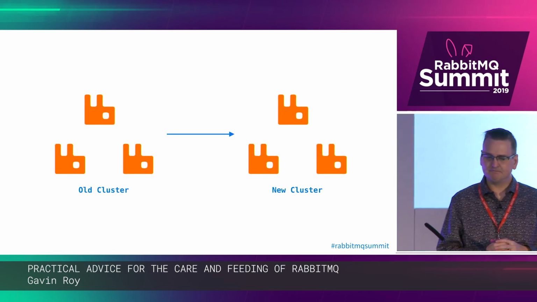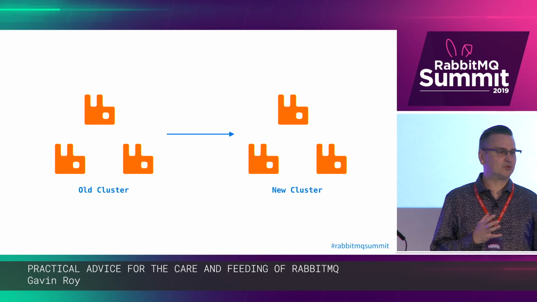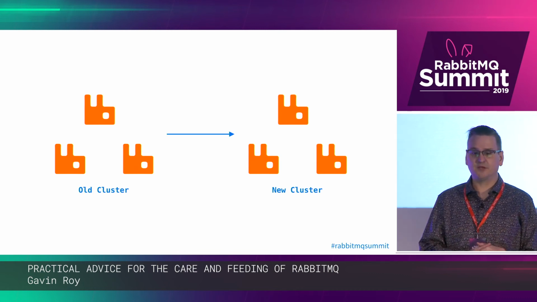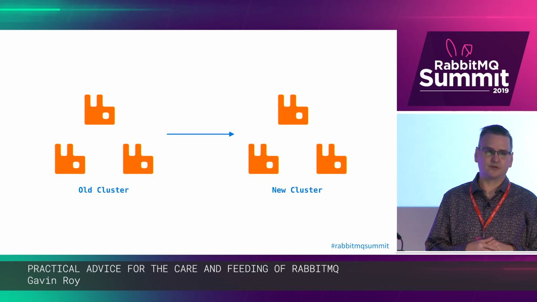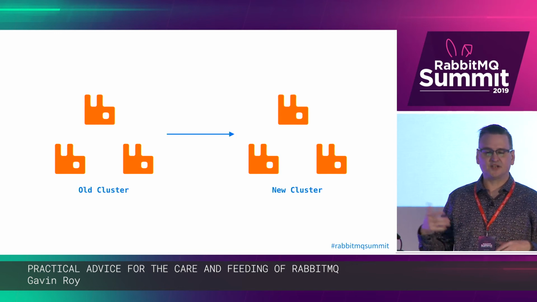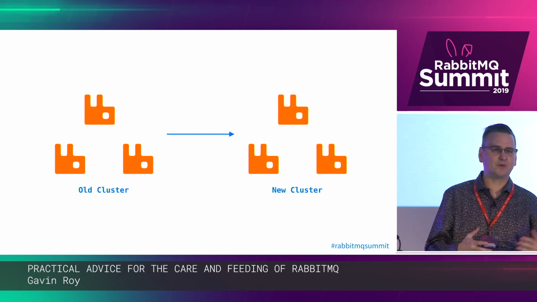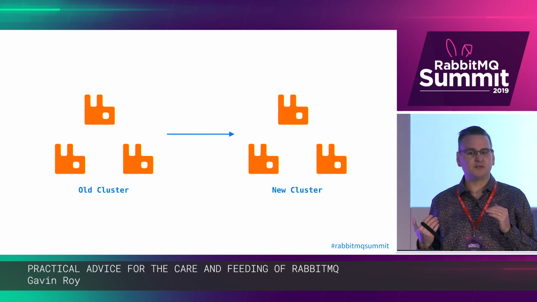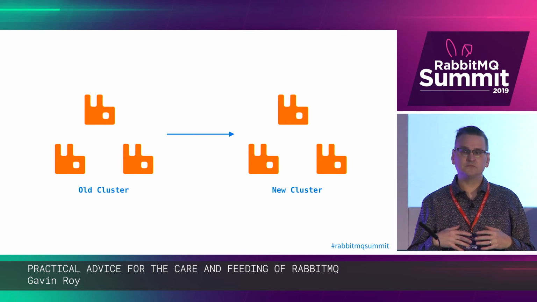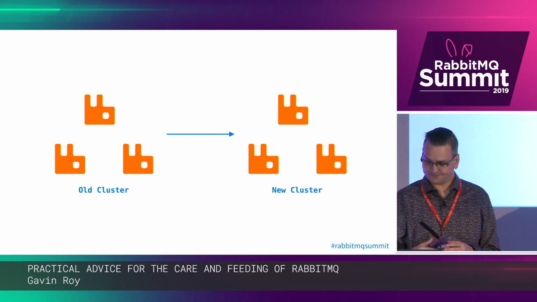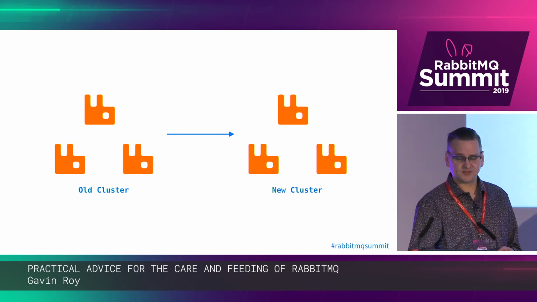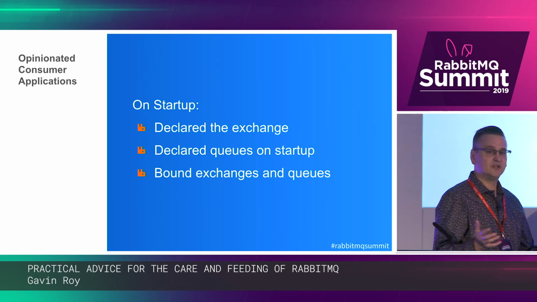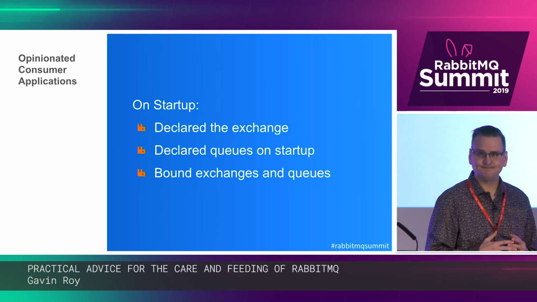And that should be a fairly straightforward process, one would think, right? Whether you're doing blue-green, A/B, setting up multiple clusters, moving traffic around, ideally it should be the kind of thing that with some pre-planning, configuration changes should be pretty easy. Unfortunately, during that process, we ran into opinionated consumer applications.